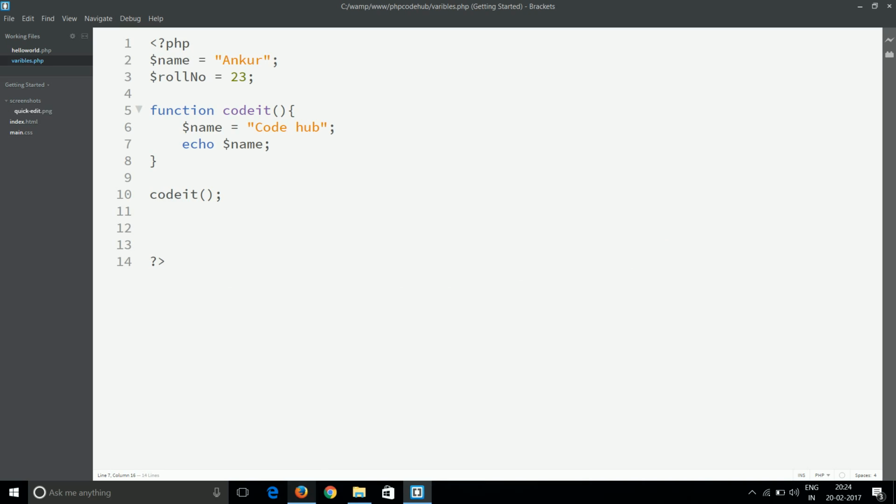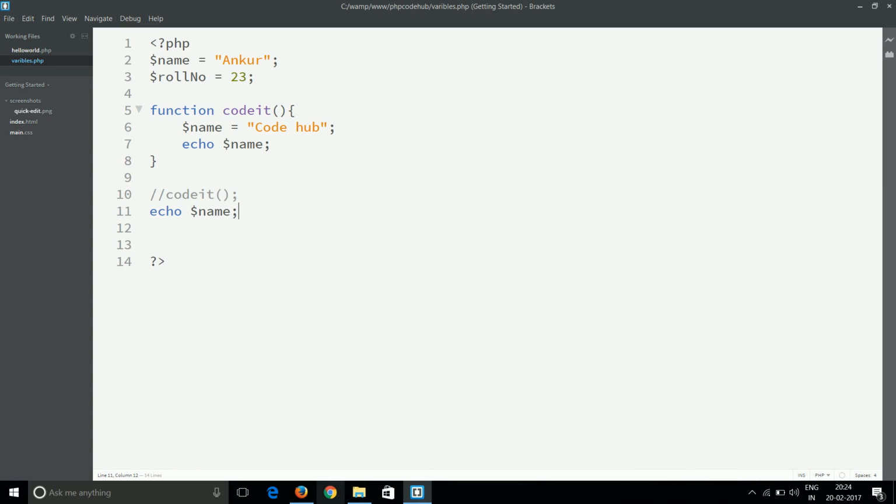Now if we do not call this method and we use echo $name outside, then it will simply print Ankur, because it will use the global variable, since the scope of this inner variable name is only this function. So what if you want to use the global variable inside the function?